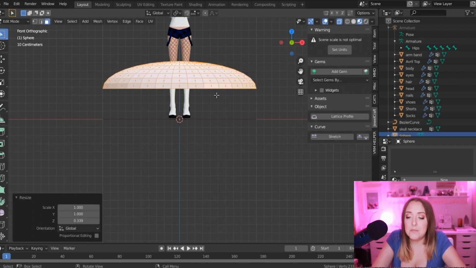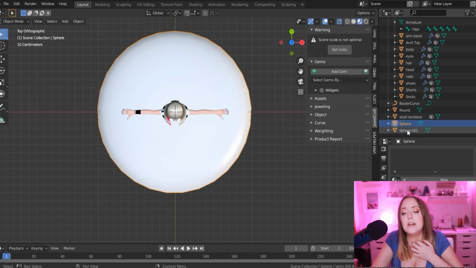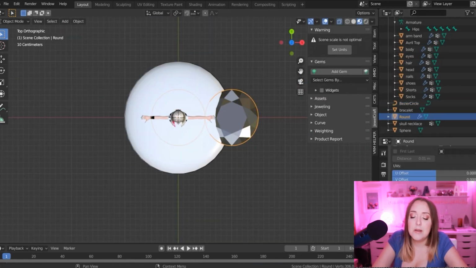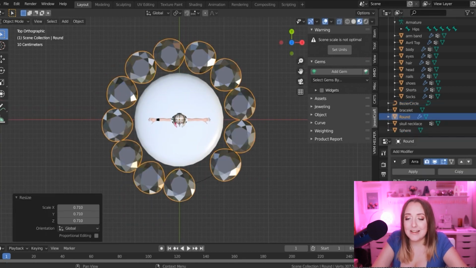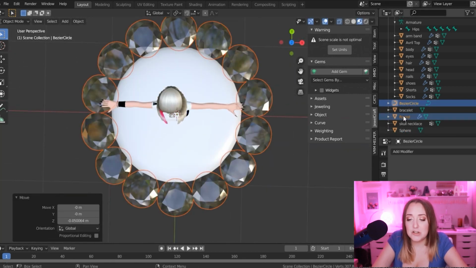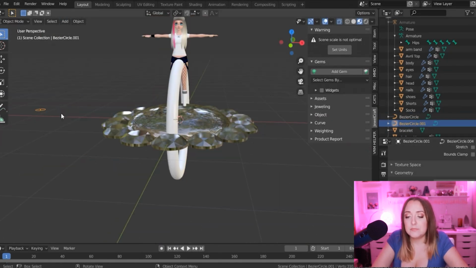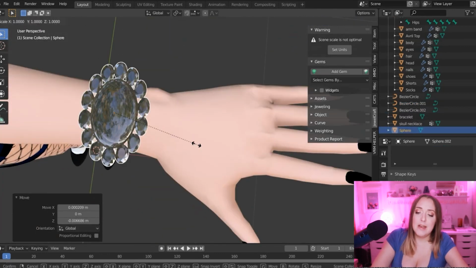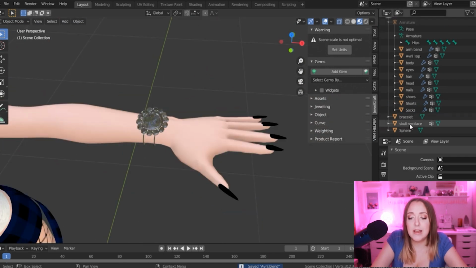On this one, I'm making the little gem that's on her wrist. So I'm going to make a sphere in the center, and then I'm going to use this little jewel plugin that I have for Blender, which is really awesome, to make yet another array with another circle. And I'm going to put it all around this one, and I'm going to join those two together. And then I'm going to make a circle, and I'm going to put geometry on it so that it actually has form. I'm going to put that on her wrist, and after some adjustment, I'm going to convert it to mesh and put a material on it.